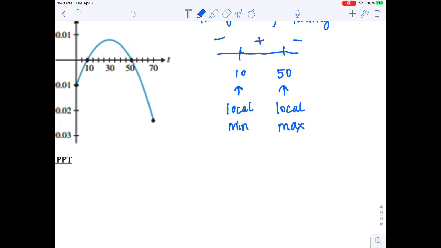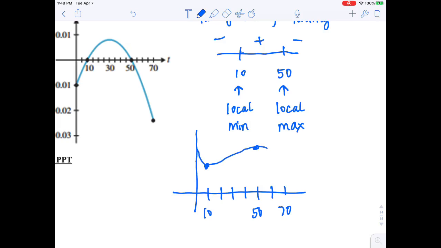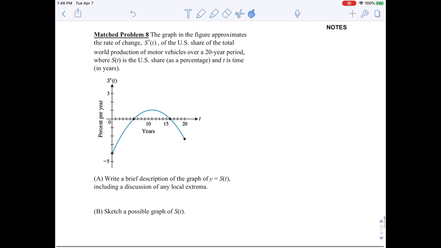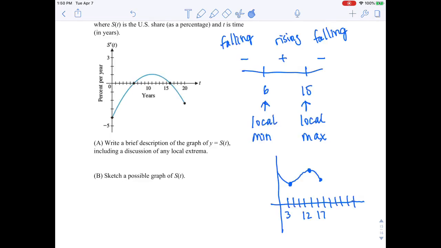So a sketch of that might look like 10, 20, 30, 40, 50, 60, 70. At 10, it needs to be a min. And at 50, it needs to be a max. So it might look like that. All right, so you go ahead and do matched problem number 8, and I'll have some questions for you. Okay, this concludes